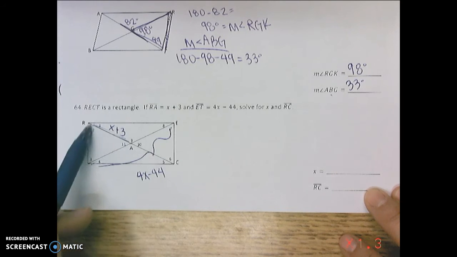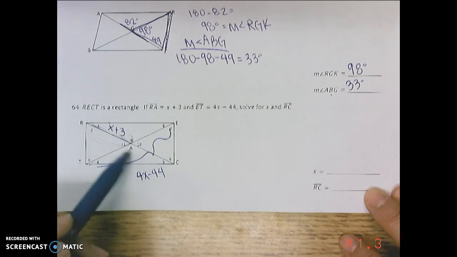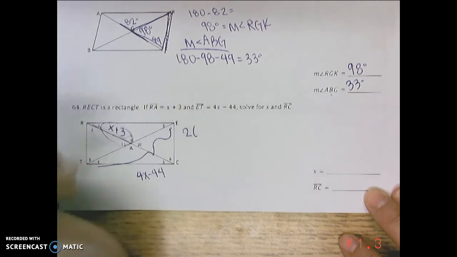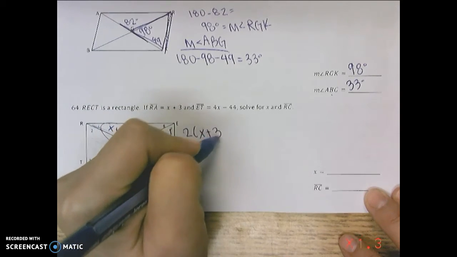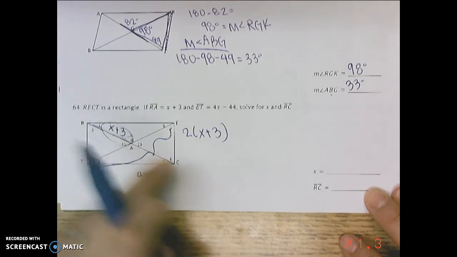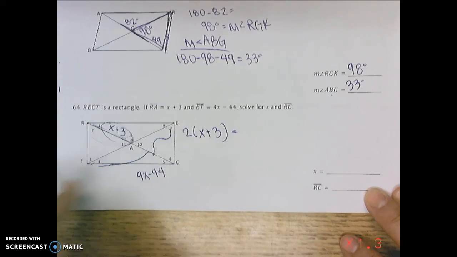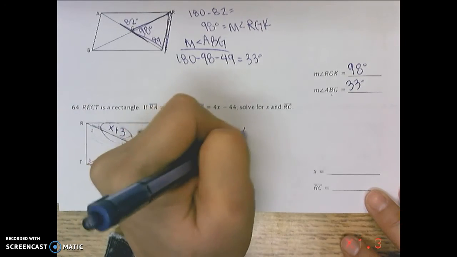So this is only half of the diagonal, right, because they're also bisected, which means I'm going to need to take this and multiply it by 2, x plus 3, times 2, to get the whole segment, and then I can set it equal to this segment, TE, or ET, 4x